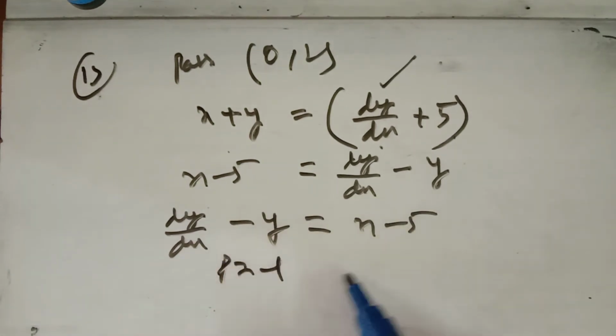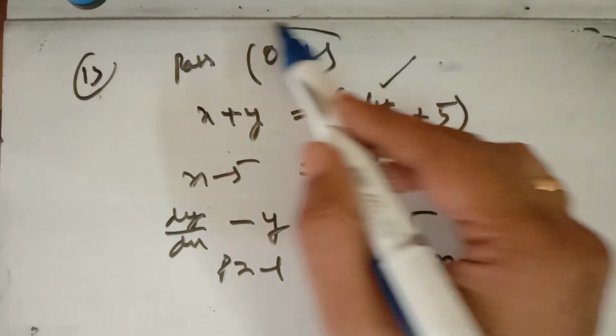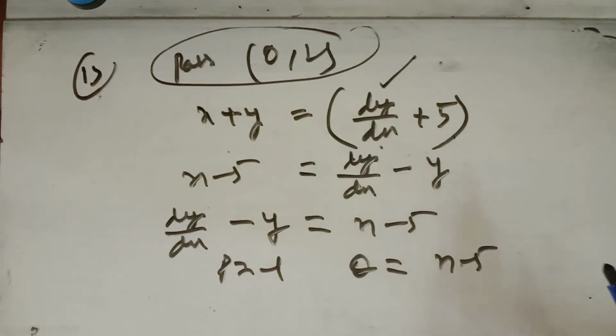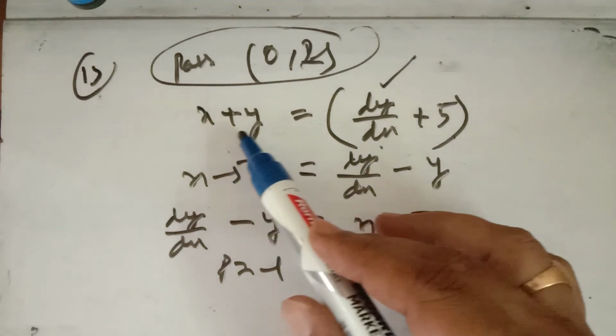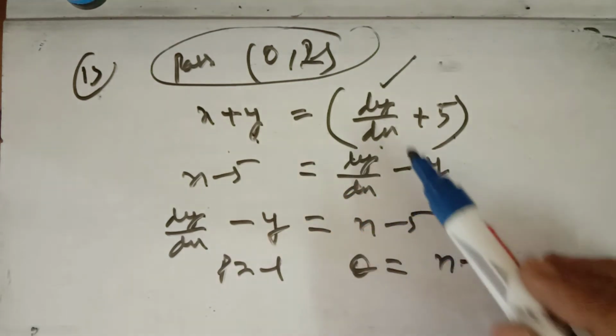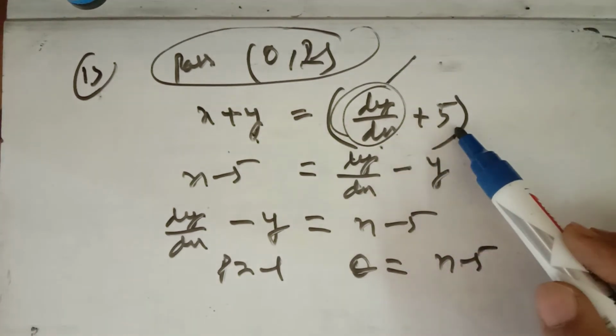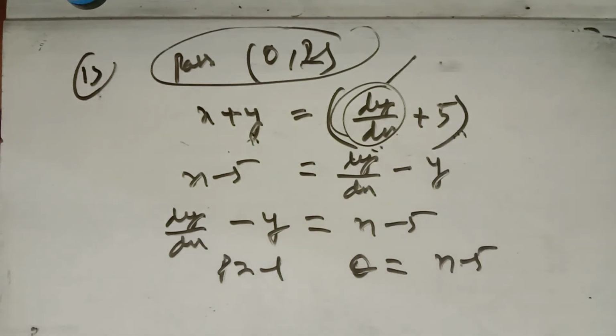So P here is equal to -1, Q here is x minus 5, and you can solve it by using the solution of a linear differential equation of the first type, and find the value of c by putting the values of x as 2 and y as 0 to get the particular solution. It is given that the sum of the coordinates at any point exceeds the magnitude of the slope. We know that the slope of the tangent is dy/dx, which exceeds by 5. The sum of the coordinates is 5 more than the tangent's slope, and when we arranged it, we got a linear differential equation of first type.